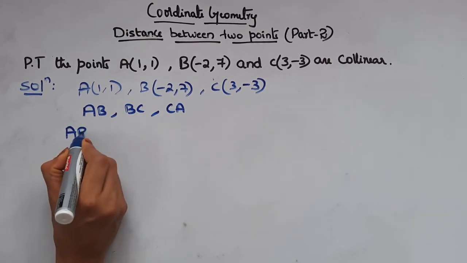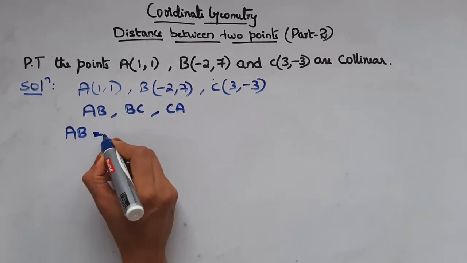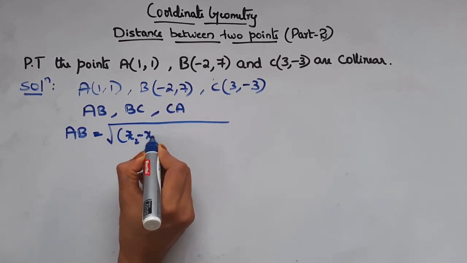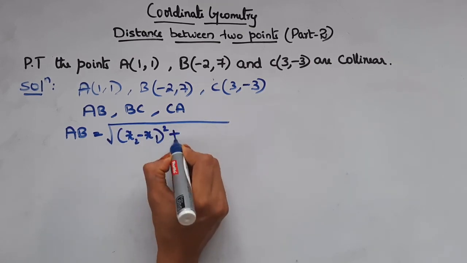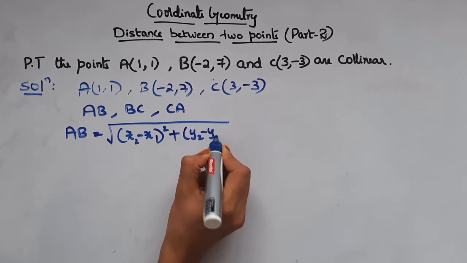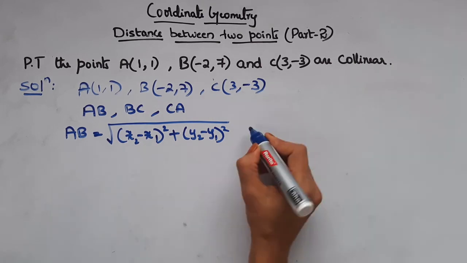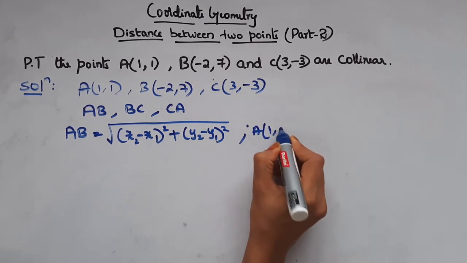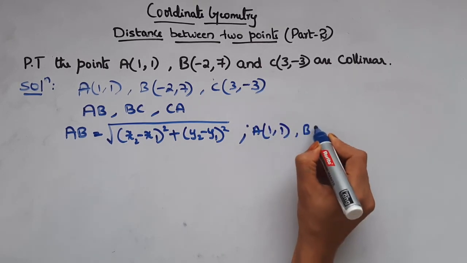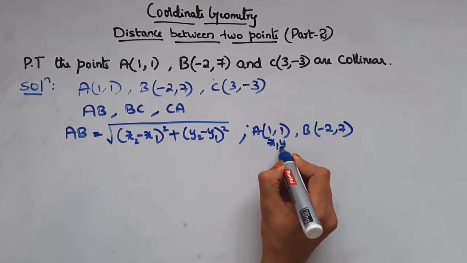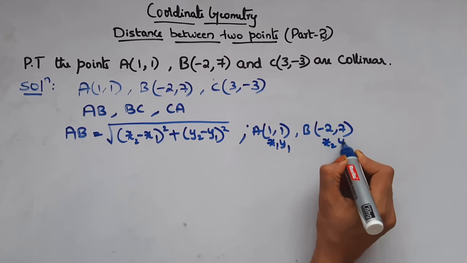We have AB is equal to square root of x2 minus x1 the whole square plus y2 minus y1 the whole square. A and B. So AB, here A we have 1 comma 1 and B we have minus 2 comma 7, right? This is your x1 y1 and this is your x2 y2,